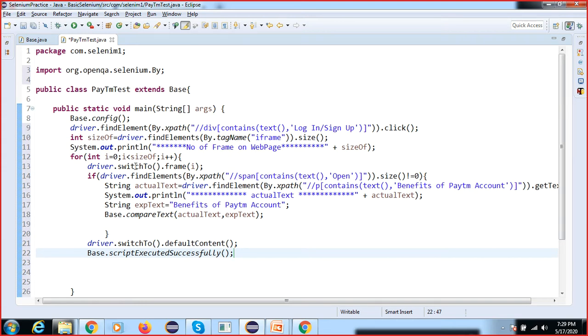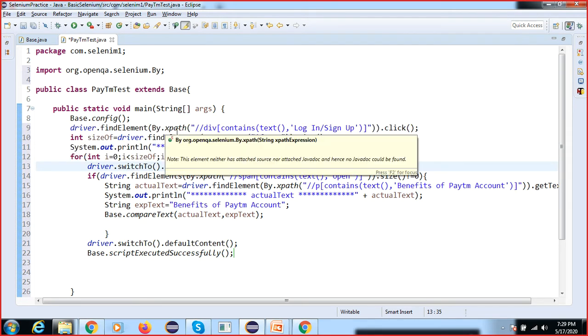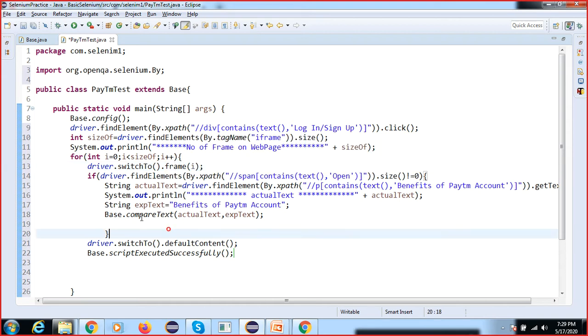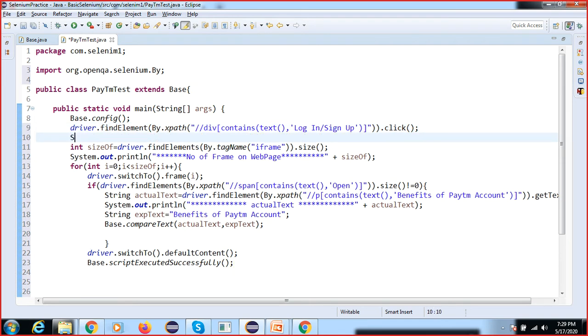Do one more thing before switching to the frame. You can validate your title also. Then you can understand what your current page is, and after switching, what it is. So it will be good. If you want, you can add it here, after clicking on that.